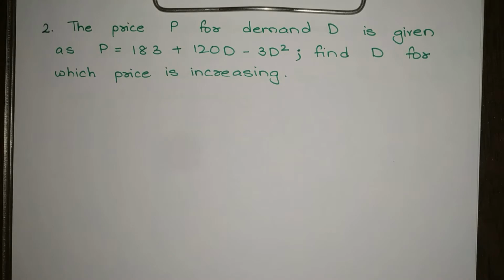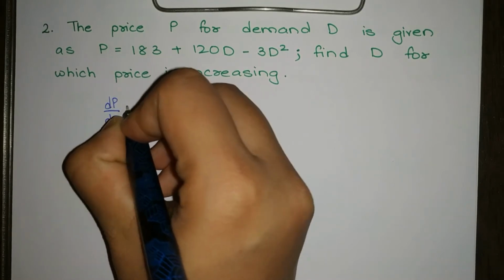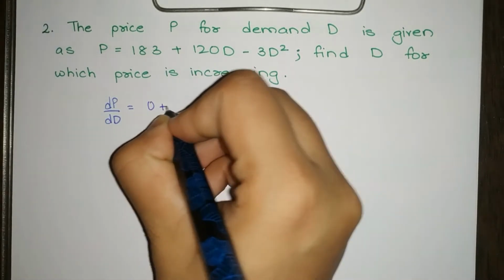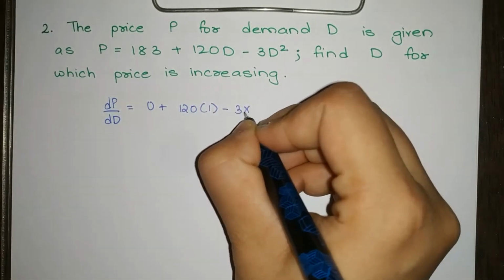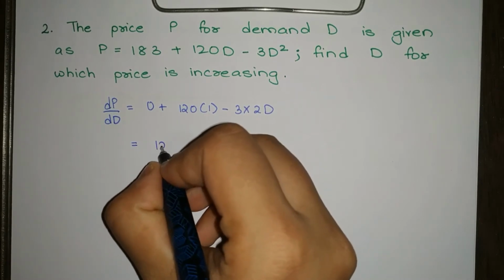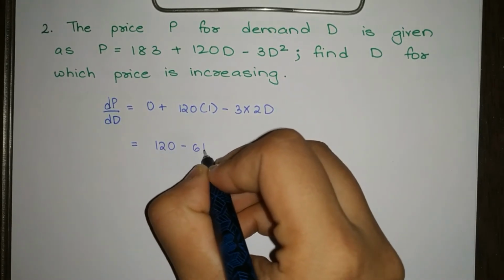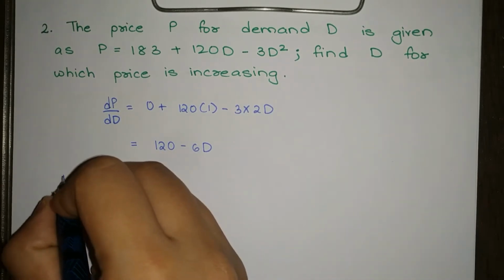तो इसके लिए हम लोग को क्या करना पड़ेगा, हमें derivative लेना पड़ेगा price का with respect to D और फिर देखना पड़ेगा वो कहाँ पे greater than 0 है, ठीक है, increasing है इसलिए. So derivative of price with respect to D is equal to 0 plus 180 into 1 minus 3 into 2D, which is basically 180 minus 6D, and this should be greater than 0. So price is increasing